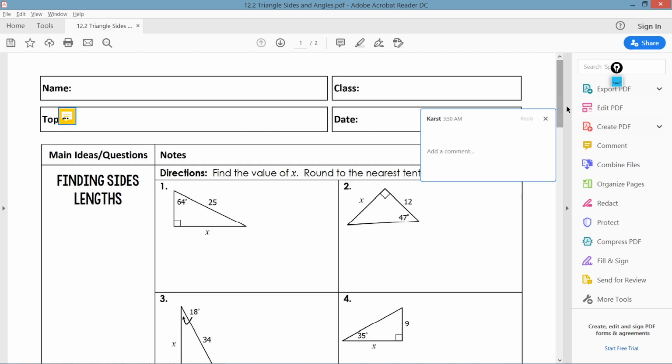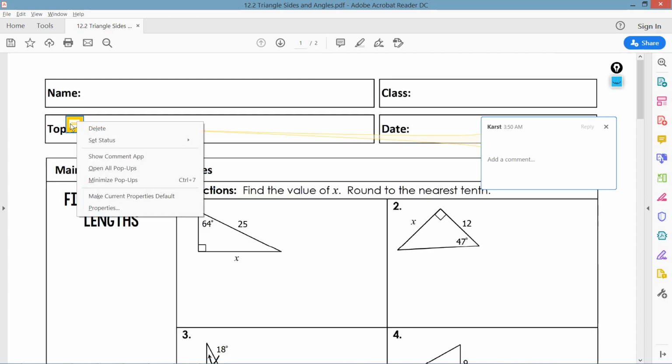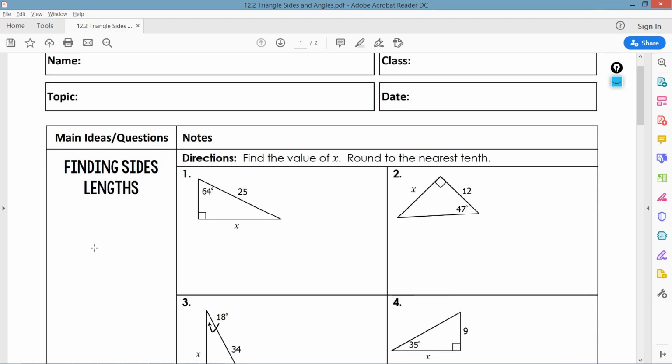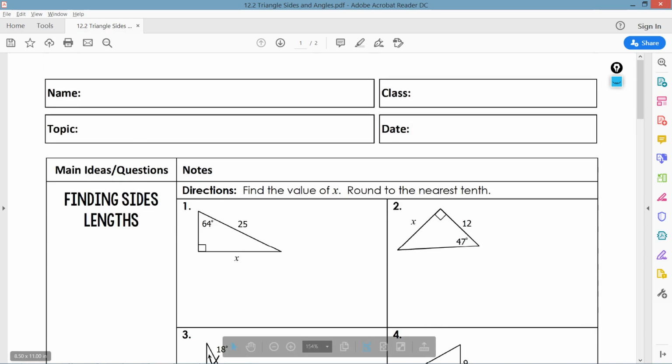What is this thing doing here? I don't want you there. Delete. Okay, I don't even know how that got there. But I'm glad that you have the option to do all this math, because what would life be like if you couldn't? I mean, happier outside of that. Anyway,